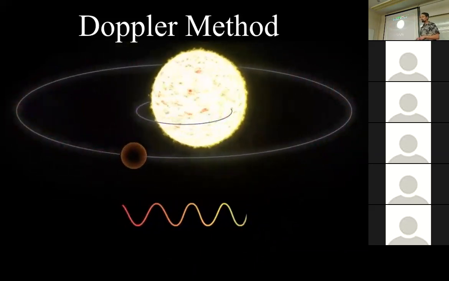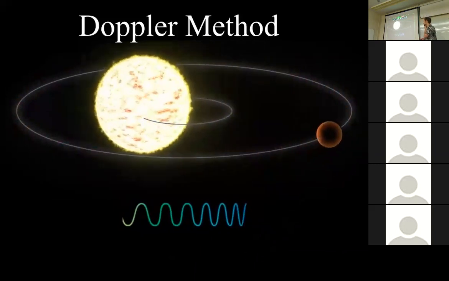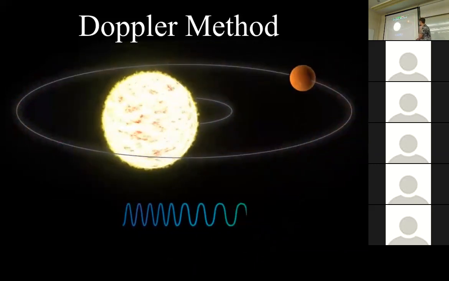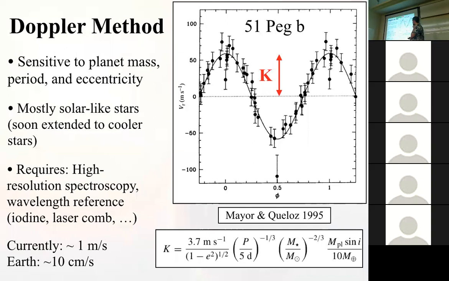So the Doppler method is the very first method, in fact, to be employed to find exoplanets, and it has yielded what is now commonly accepted to be the first detected planet outside our solar system, 51 Pegasi. So here's a graph which shows these velocity measurements. What you actually measure in the spectrum is the velocity, redshifted and blue shifted. And if you fold it against the orbital period of the planet, as shown here, you get this nice sinusoidal signal with the amplitude K, the amount of velocity that you measure from the star being essentially proportional to the mass of the planet.